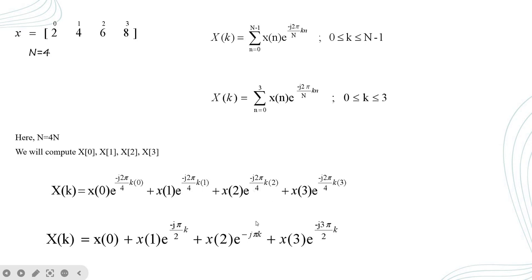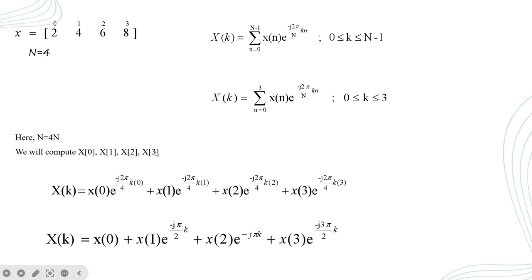You get e raised to minus j pi k. Next, x of 3 as it is. Then you have e raised to, okay, 2 ones are 2, twos get cancelled. So here you get e raised to minus j 3 pi into k divided by 2. Fine. Now next we have to substitute the values for k and find out the value for